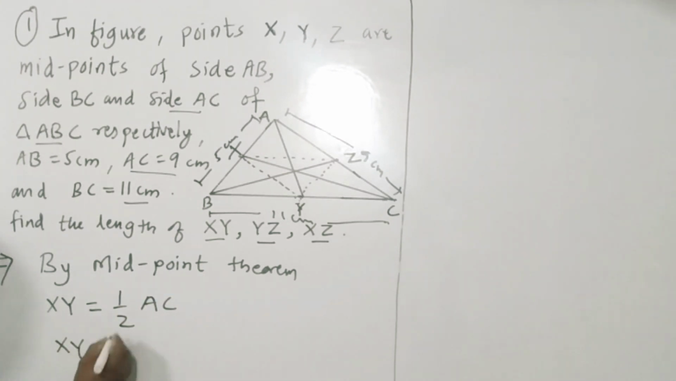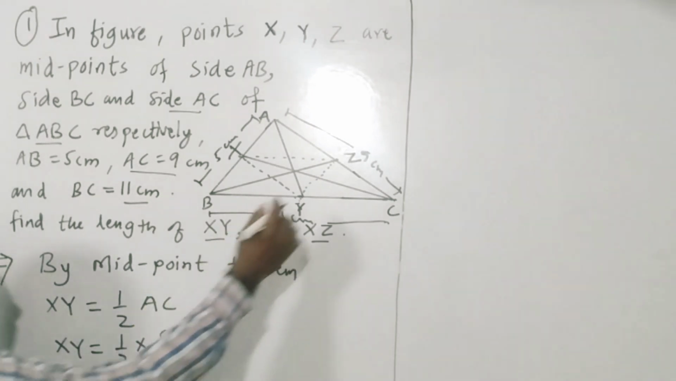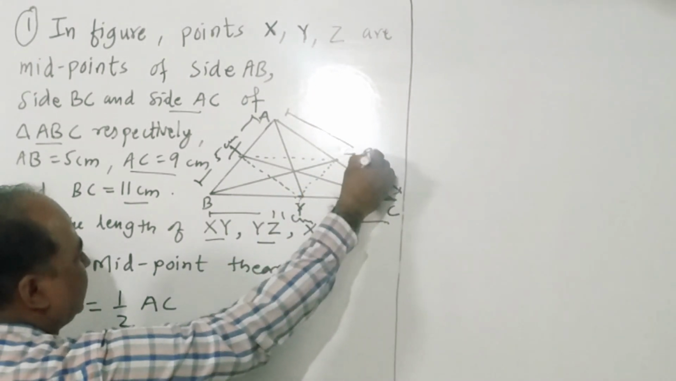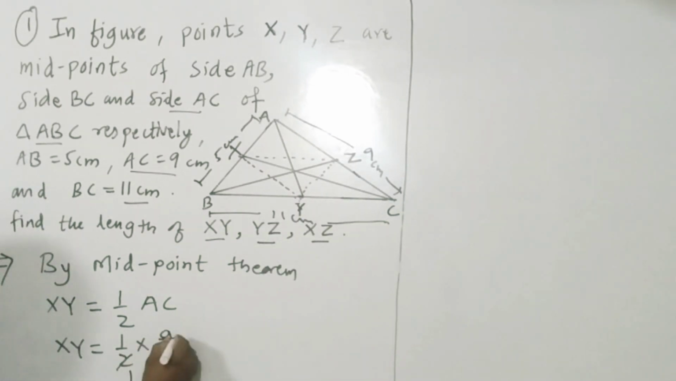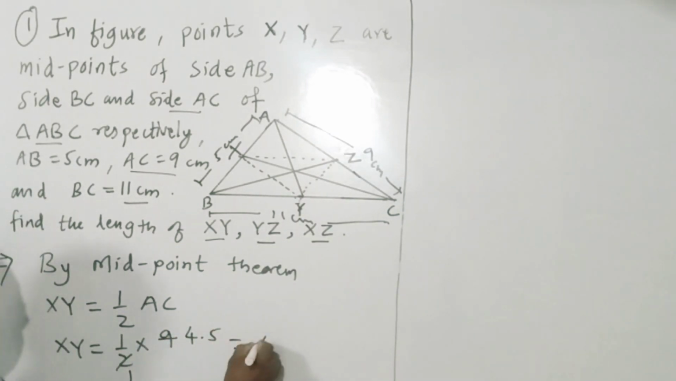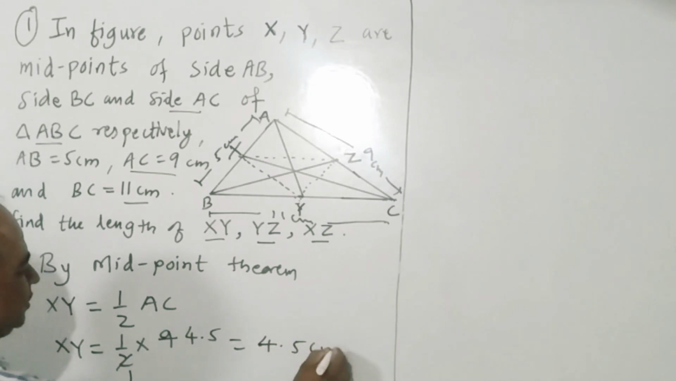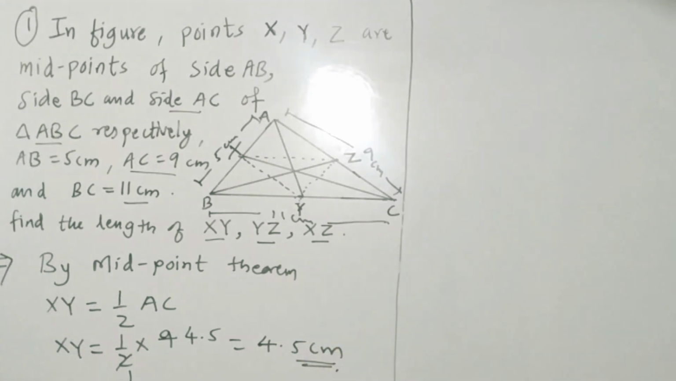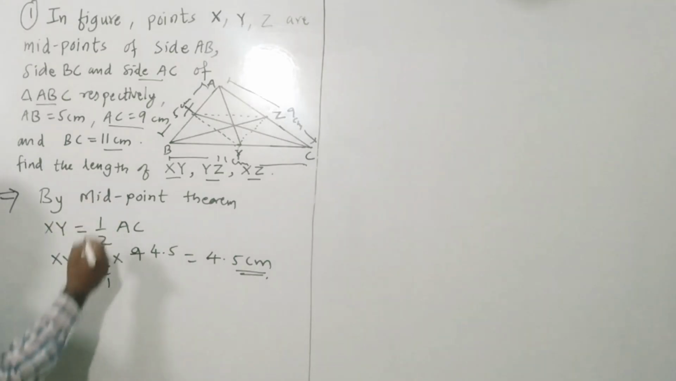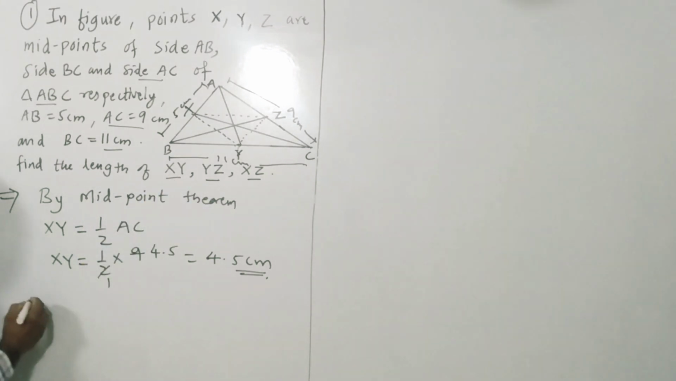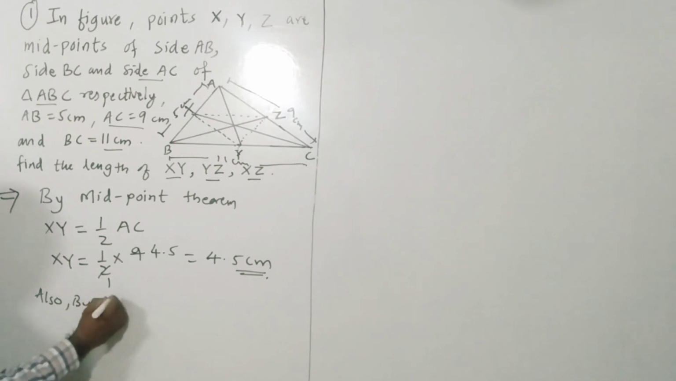Therefore XY is equal to 1 upon 2 into 9 centimeter, as AC is 9 centimeter. That is XY is equal to 4.5 centimeter. This is the length of side XY. Now, again by the midpoint theorem,